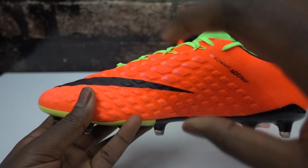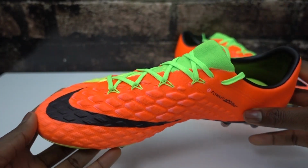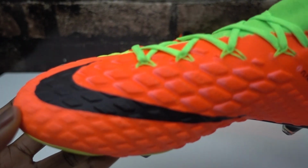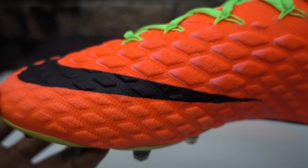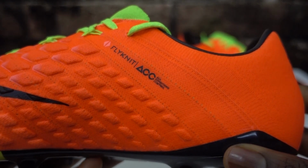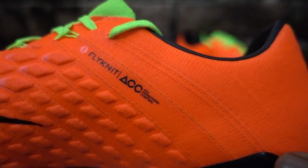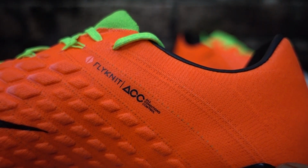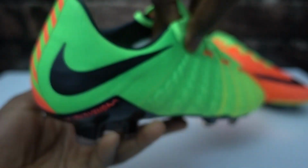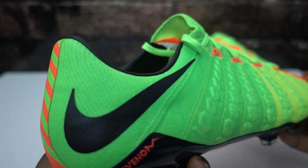All the branding along the upper is actually done in black, so you've got a black Nike swoosh there on the toe box. I'll just bring it slightly closer for you guys to see that. Midfoot section of the medial side, you then do have Flyknit lettering there in black, ACC, all condition control, in black also. And then lastly, along the actual upper, you've then got a Nike swoosh in the heel area on